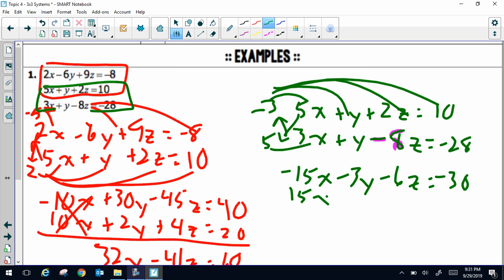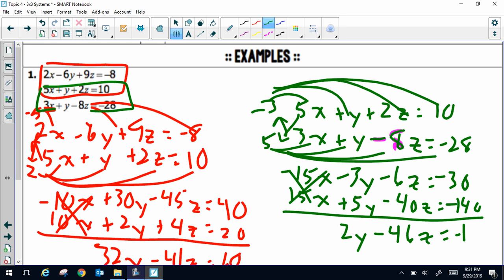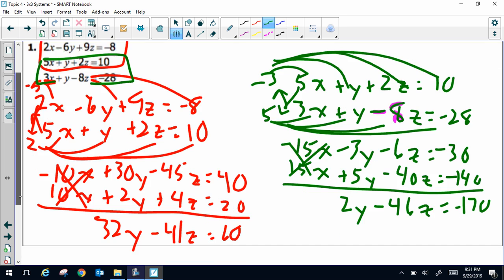15x plus 5y minus 40z equals, it looks like, let me get my calculator out here, negative 140. So when I add straight down, those should cancel out, and I get 2y minus 46z equals negative 170. Then, once you're done with that,